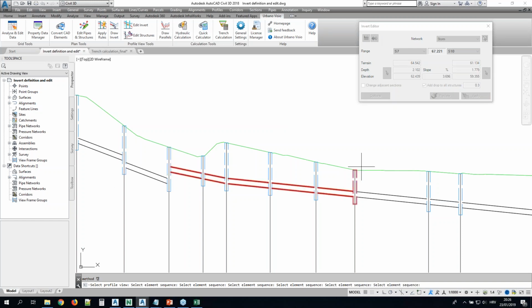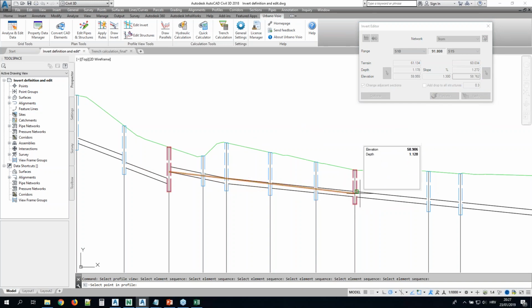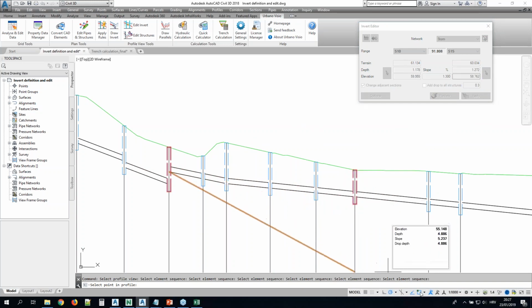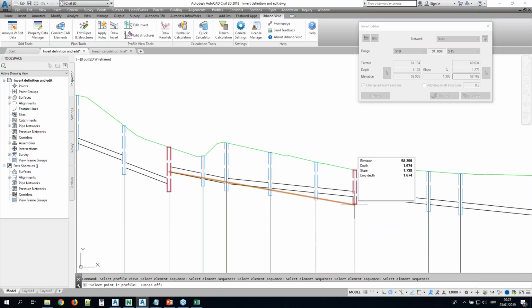A couple more interesting functions. So we have also the possibility to change adjacent sections. So in this case, you see that this pipe will be changed according to this slope. So I can maybe adjust this slope a little bit. I can also intervene directly, so to speak. So I can directly pick a height